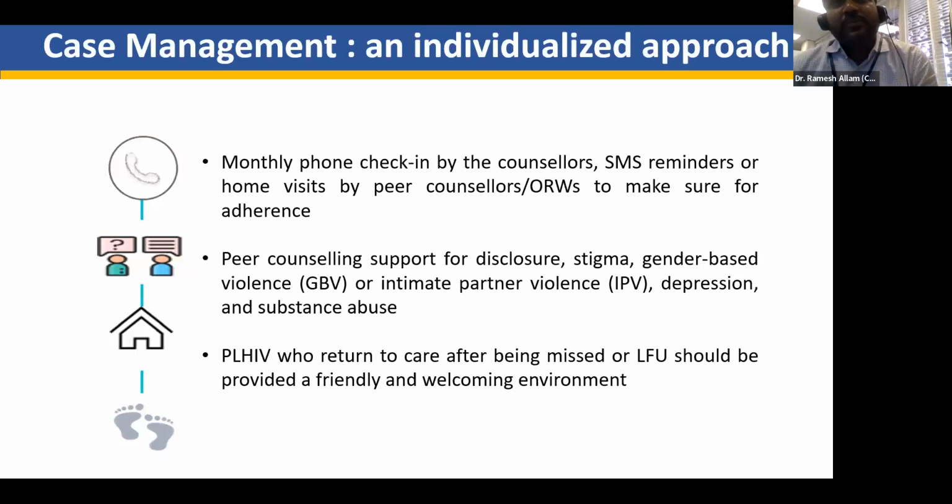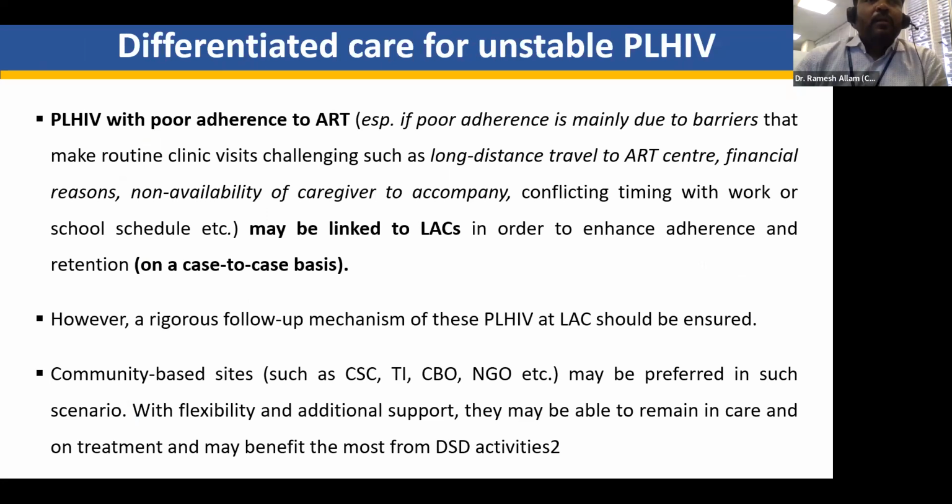So this becomes a very important group under group C. If you have anybody re-engaged into treatment or retrieved into treatment, they become a very important group, and you need to prevent LFU or death in that patient population. Right. PLHA with poor ART adherence, we need to look into whether they are more flexible to support them with